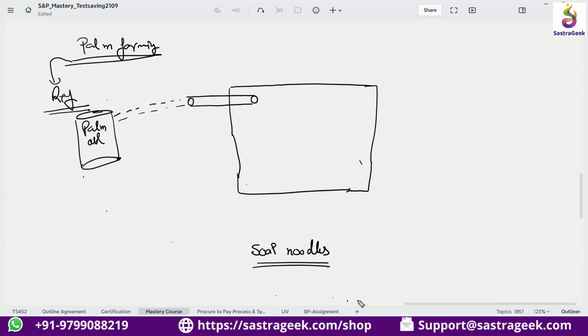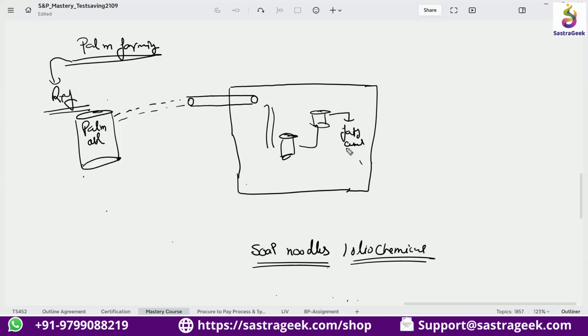This is called the oleochemical business. It goes through different treatment processing: the palm oil goes in, fatty acids are separated, and from there it produces soap noodles.